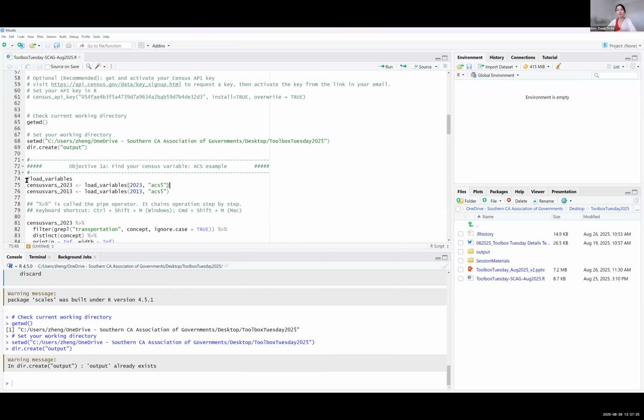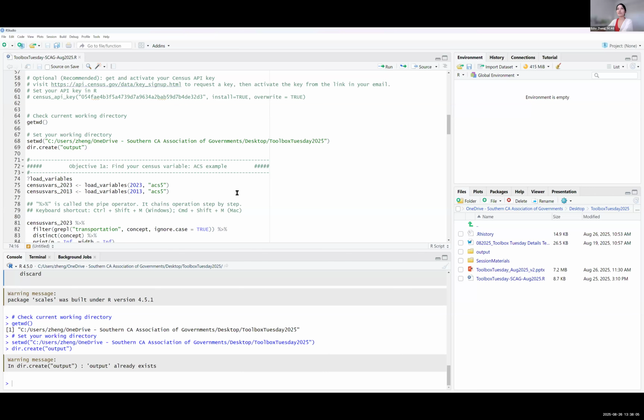And before I move on, I do want to mention that most of the time, you don't really have to memorize all these function names. I don't know if people actually can memorize everything. It just comes with experience, and it also comes from going to sessions like the Toolbox Tuesday, where you look at some script examples, and from there you can see, oh, these will be the functions that I'll potentially be using in the future. So it just grows with your learning experience.